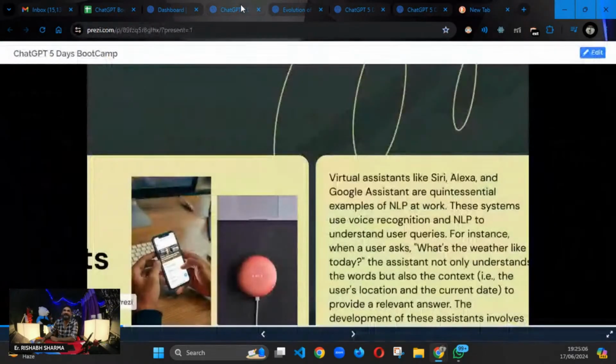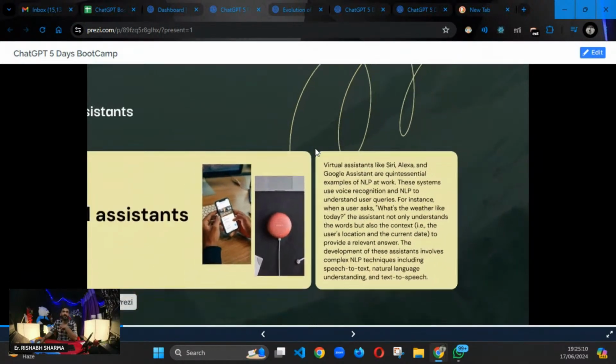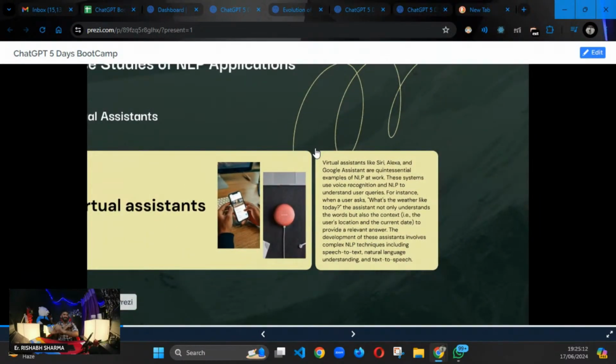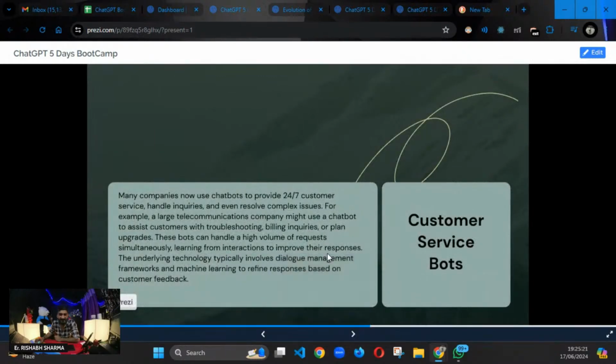Okay, let's come back. So these Google assistants, these voice assistants, are one of the best examples of NLP. Now, the other one is customer service bots. What do I mean by customer service bots? Now suppose